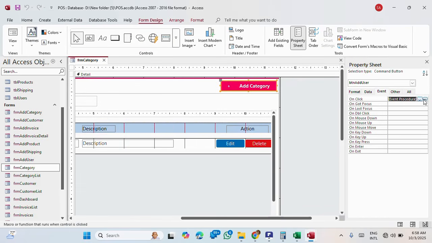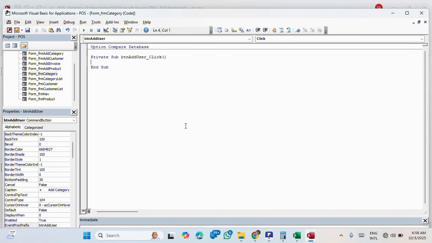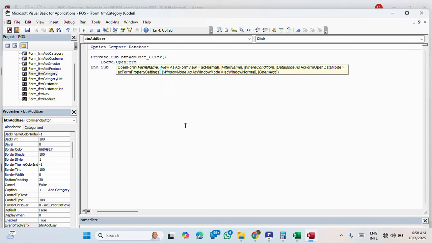Oh, no code. Let's code it right away. So we will open the category form, DoCmd.OpenForm. Which form is that? We are going to open the add category form, which is frm add